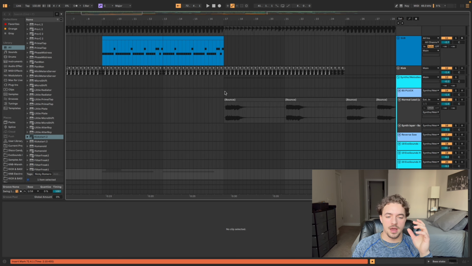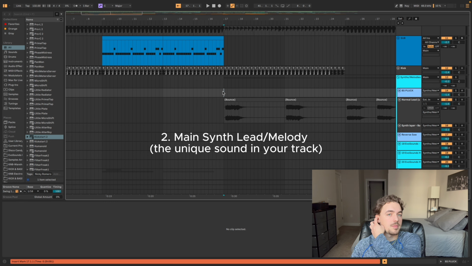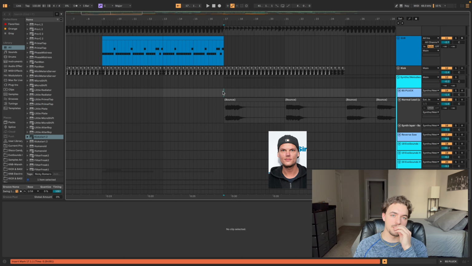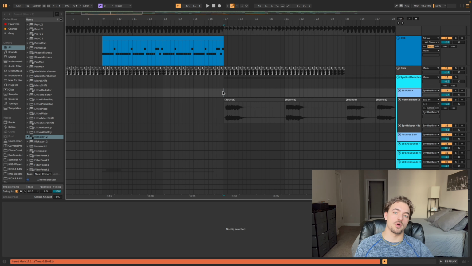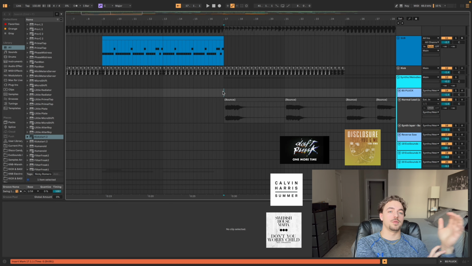After you find the vocal and figure out the direction you want to go with the track, I usually try and figure out the synth lead or melody I'm going to use. That's going to be the unique sound or sonic identity of the track. What I mean is a lot of tracks have a distinct sound or melody that you think of whenever you think of the track. Think of why Avicii is so famous. You can sing out all the melodies of all his tracks, and those big tracks have that specific sound. That's what you think about for the track.